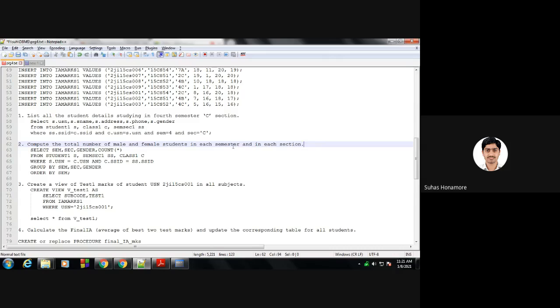Okay, in each semester and each section. So what he is asking is compute, in the sense it's nothing about calculation kind of things. It's not exactly the same word we will analyze here. It's nothing but for display purpose only. So identify and display the total number of male students and female students, semester and section wise. So semester and section wise you have to display the